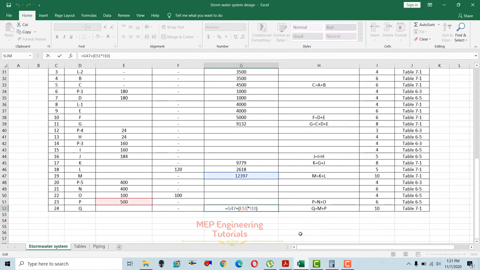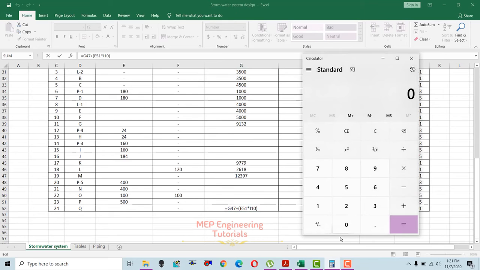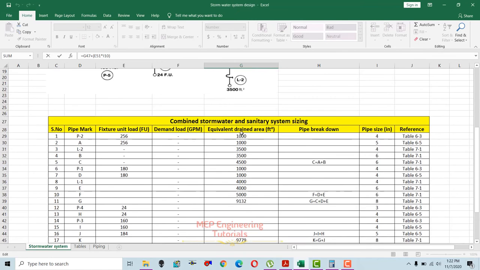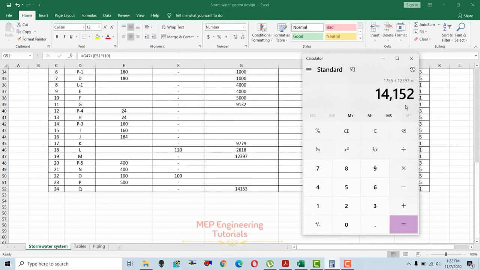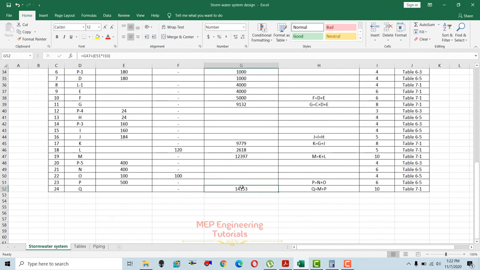Sorry, again. 500 into 3.51 plus 12397. So total here is 14,152 equivalent drained area. You can see in here this equivalent drained area at point Q is 14,153, 14,152 or 14,153 here, which we have calculated here, because we have the equivalent drained area directly in here,